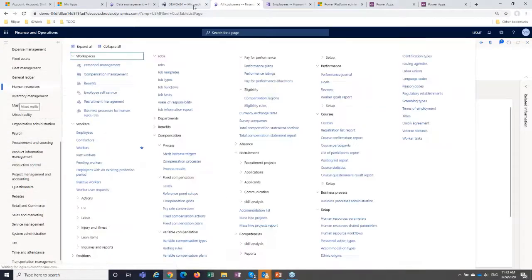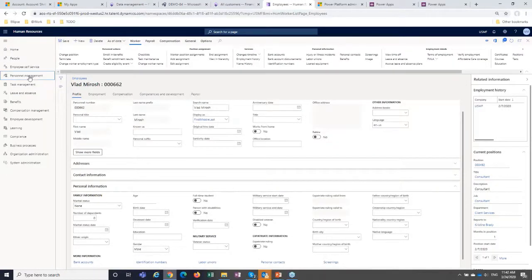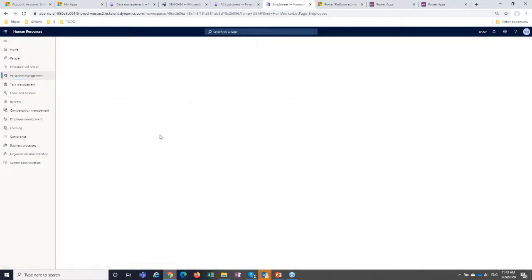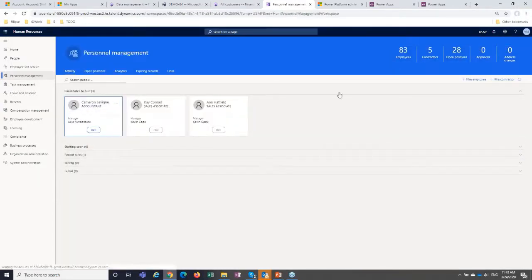Resources. Okay, personnel management. We'll create a new worker and then see how it will be transferred to finance and operations from